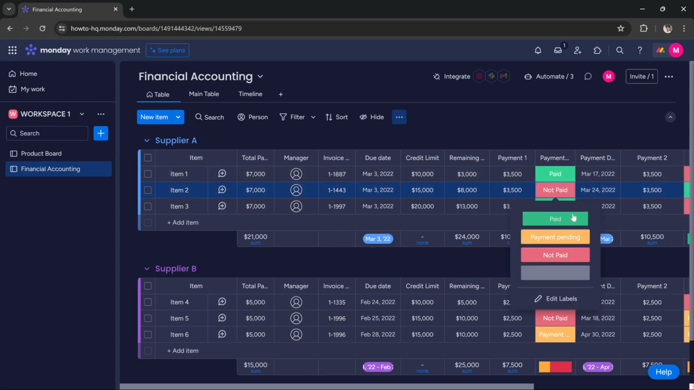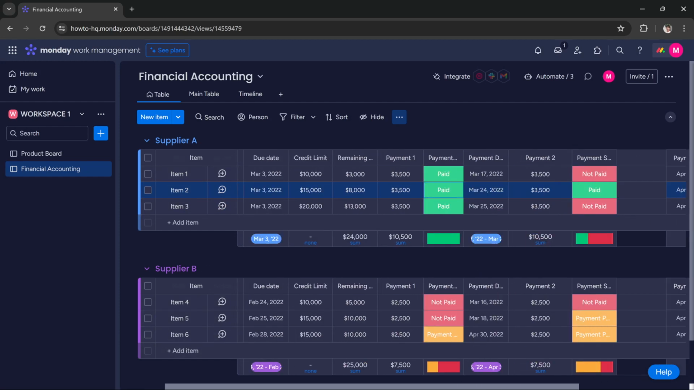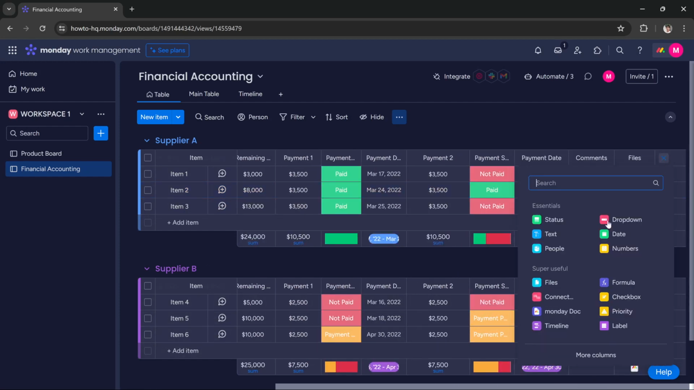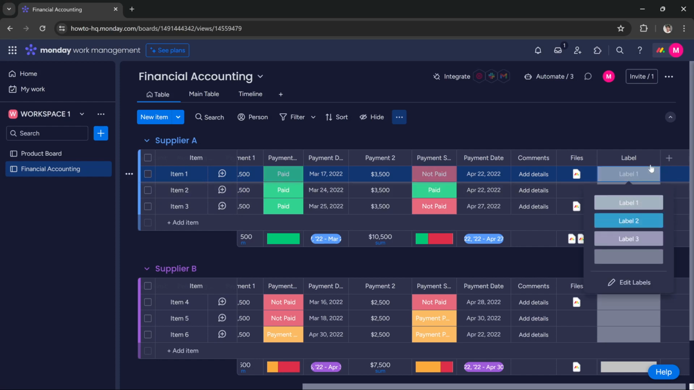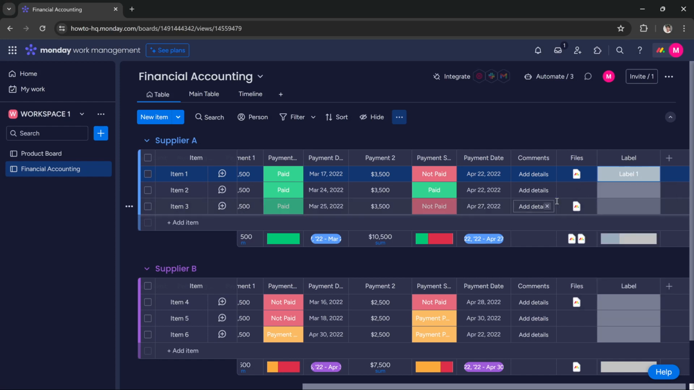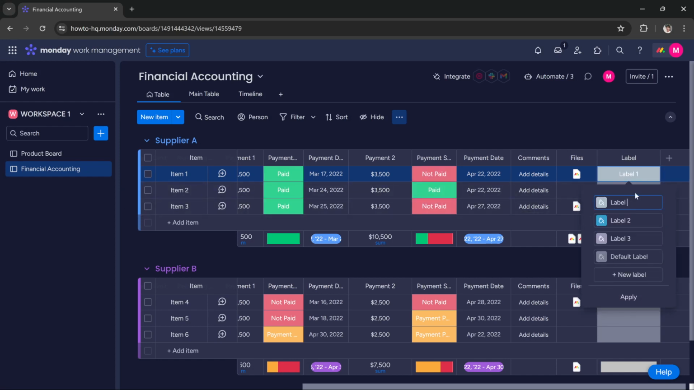Now how you can set up a column like that is very simple. All you have to do is add a new column and label, select label, and then click on the first row of this column, and click on label 1. Actually, you can press edit labels, and you can name it anything. Let me name it